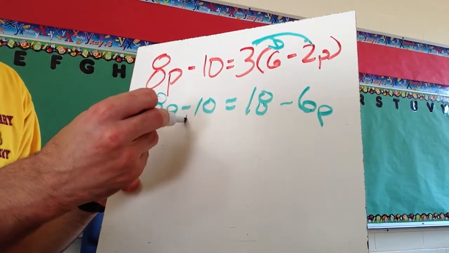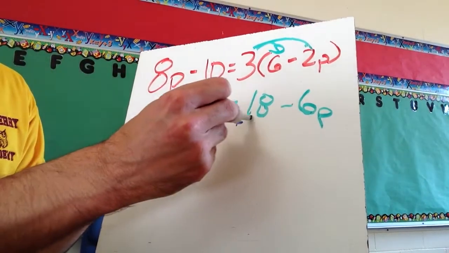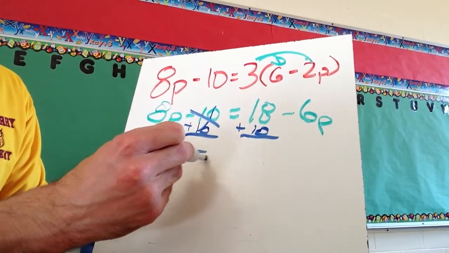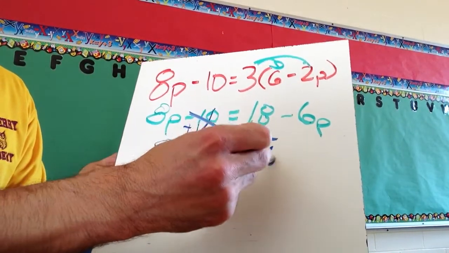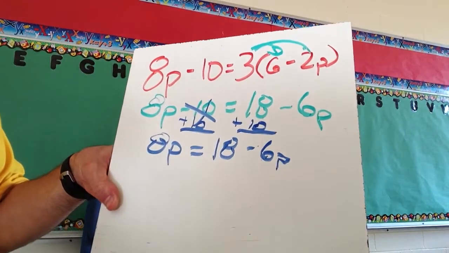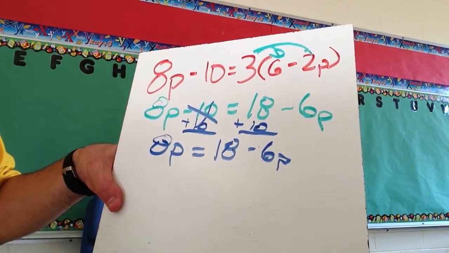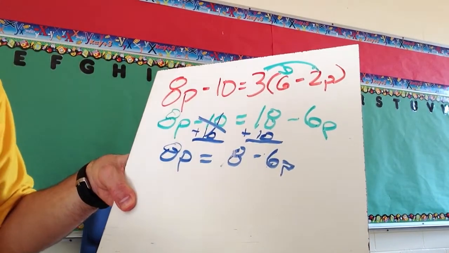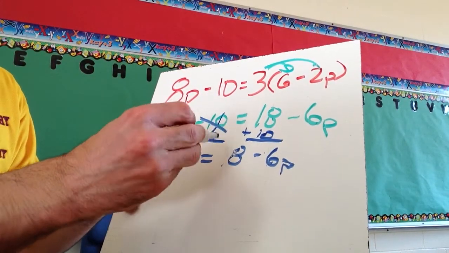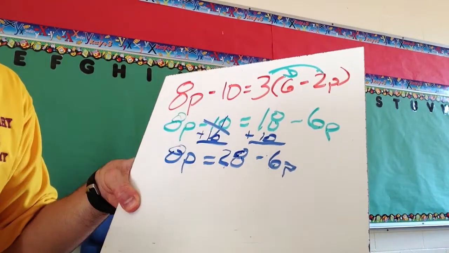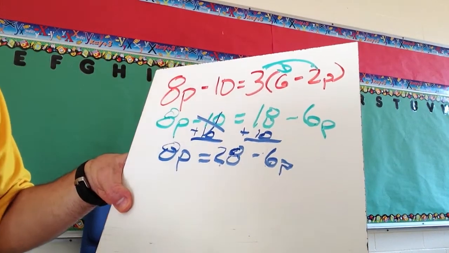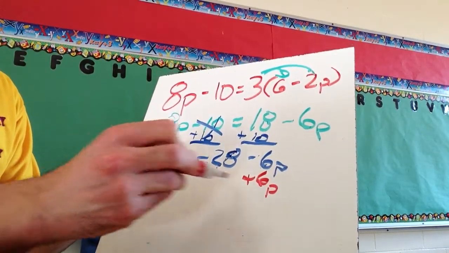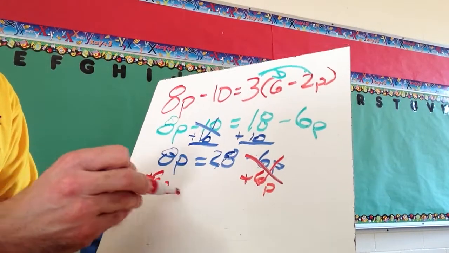So I'm going to add 10 to both sides. Goes away. I've got 8p equals 18 minus 6p. Sorry, not 18. 28. Then I'm going to add 6p to both sides. And I'm left with